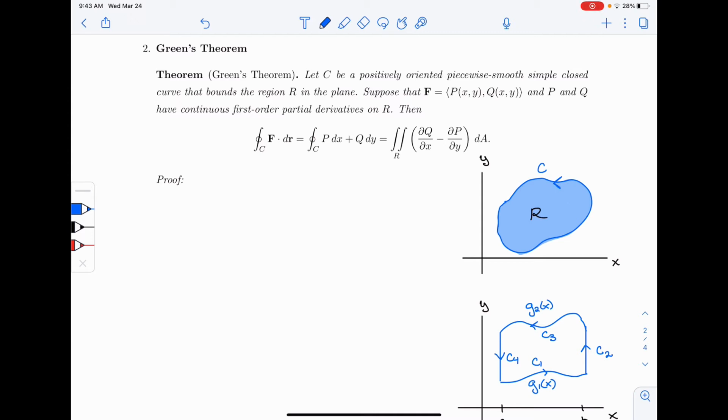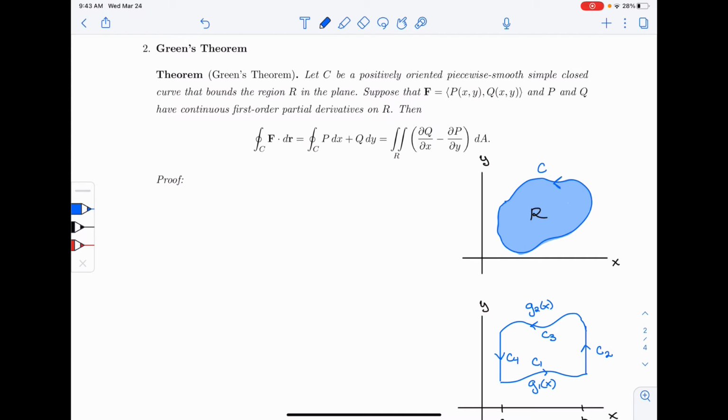So essentially, I'm going to prove Green's theorem with a special case, give you an idea of how the argument works, and then you can imagine that I'd have to continue working through a few of these special cases and then add them together to get the full Green's theorem. Okay, so